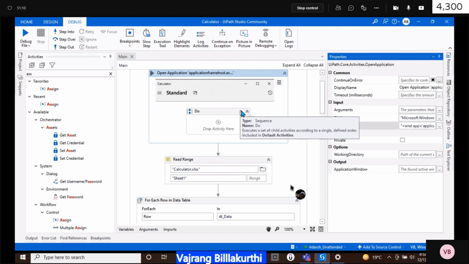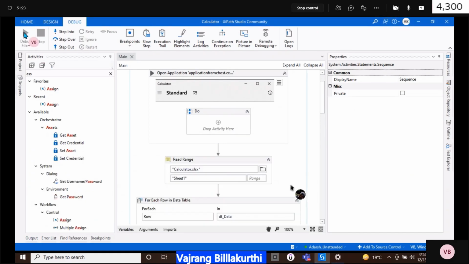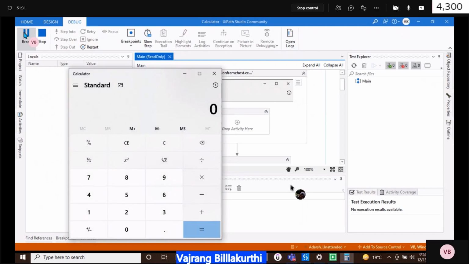When you are opening an Excel application, app IDs may change. Let's see in the output. Debug it again. It's picked up, it's working fine.